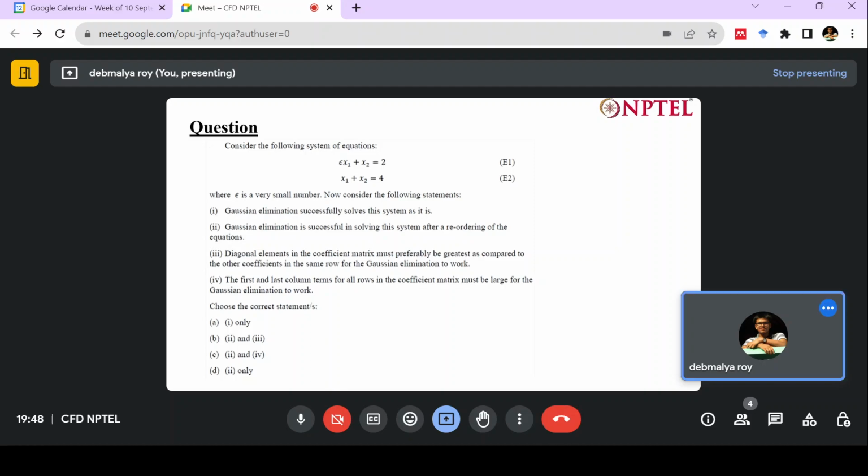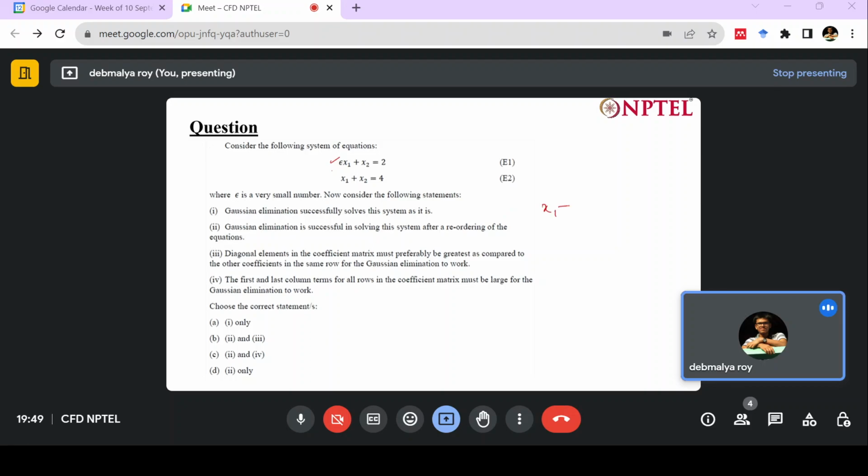So if we have a small number in the diagonal, then we will need to divide by it. Not only in the forward elimination method when we are trying to eliminate other rows, but also in the back substitution method, we will need to find the unknown variables by dividing by epsilon. So generally we would want this epsilon to be in an off diagonal term. So if we can simply rearrange these rows